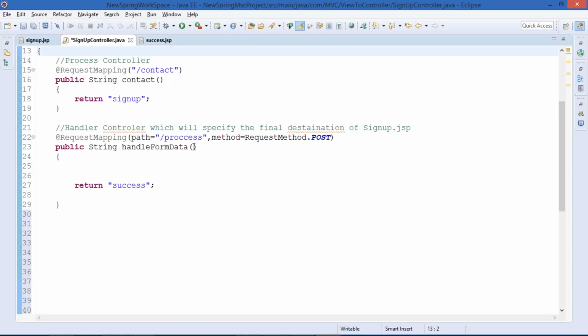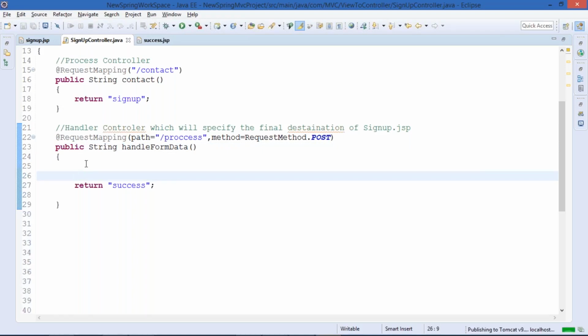Now we will make use of one annotation, guys. The @ModelAttribute will return the object. So what I do, guys,